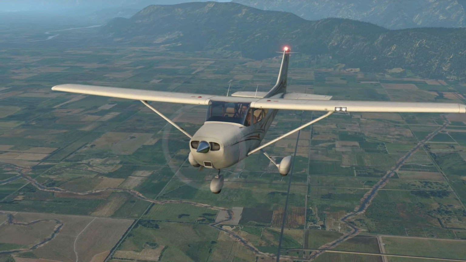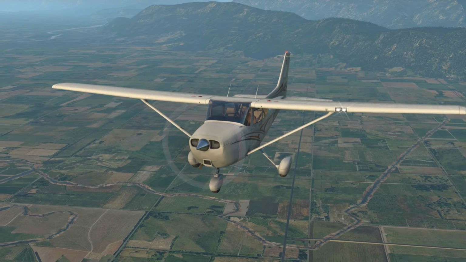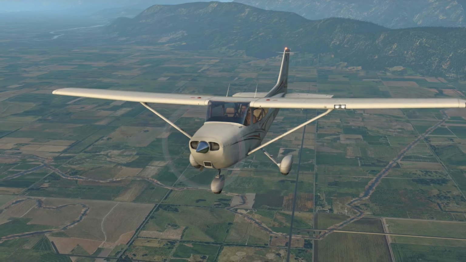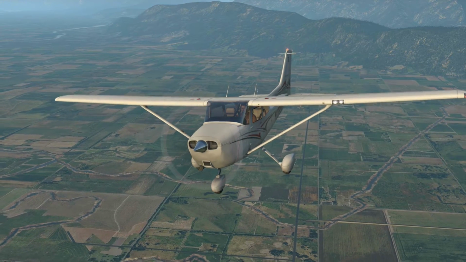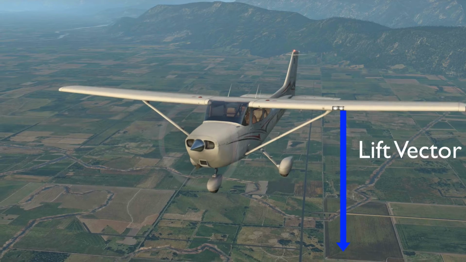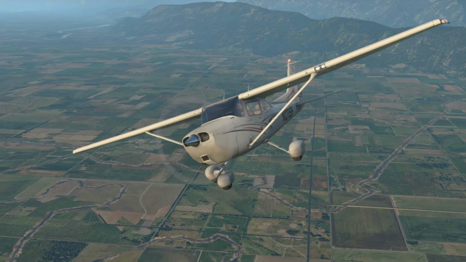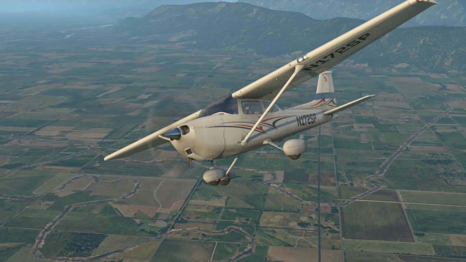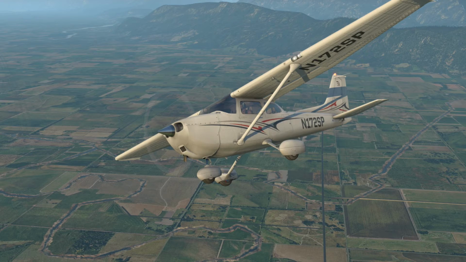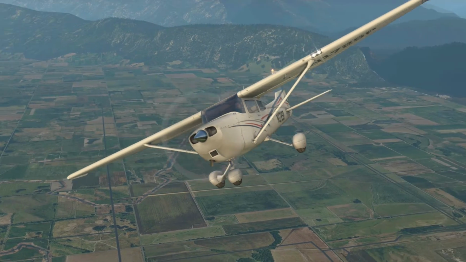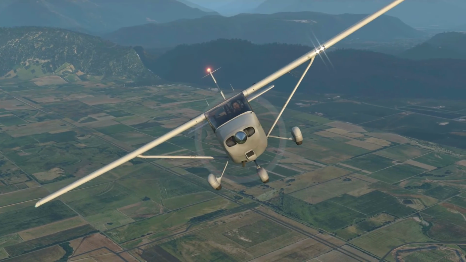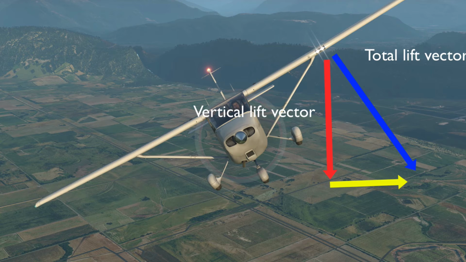So 100% of our lift is being used to give us distance from the earth. Notice as we roll the aircraft, some of that lift, and let's just pause it here, some of that lift is not pointed towards the ground. Some of that lift is pointed towards the horizontal. So we're losing some of our lift